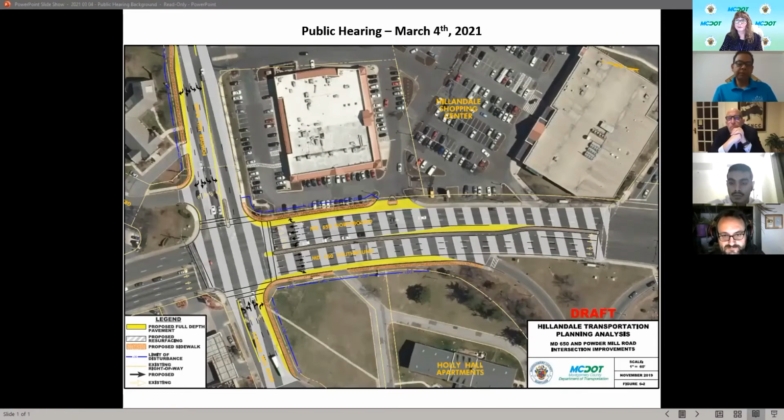All interested persons are entitled to be heard at this hearing. However, the testimony portion for this hearing is not a forum for dialogue, questions and answers, or cross-examination. Please direct your remarks to the Hillandale analysis that is the subject of this hearing. If your comments stray into areas not related to this project, I will ask that you refocus your comments to the subject project. Following the conclusion of this public hearing, the record will remain open for 2 weeks to allow